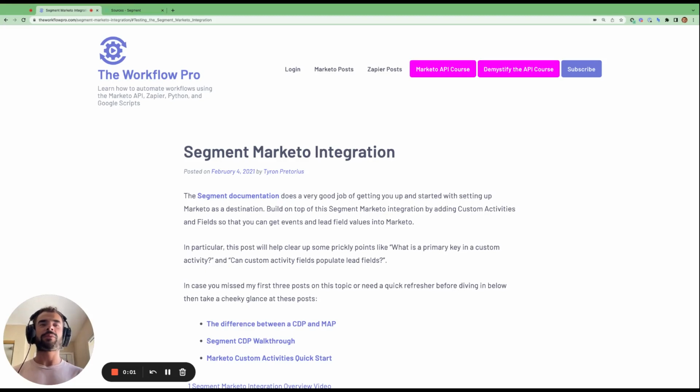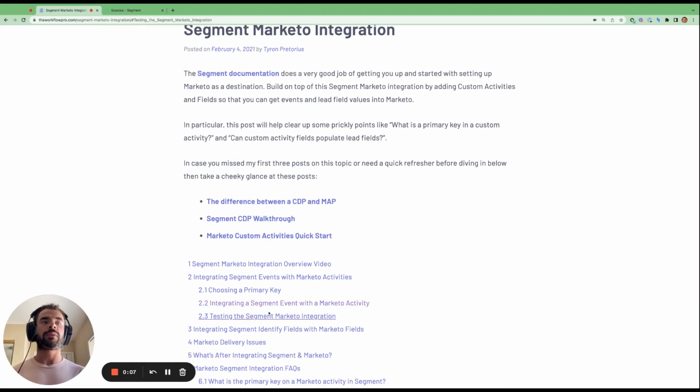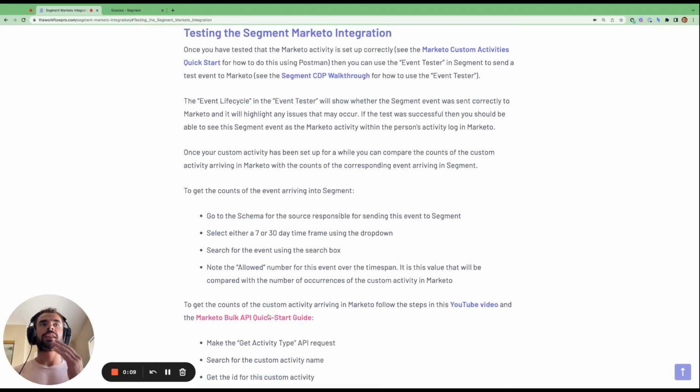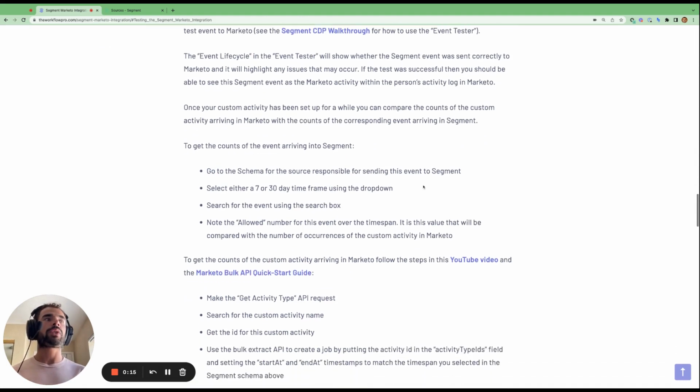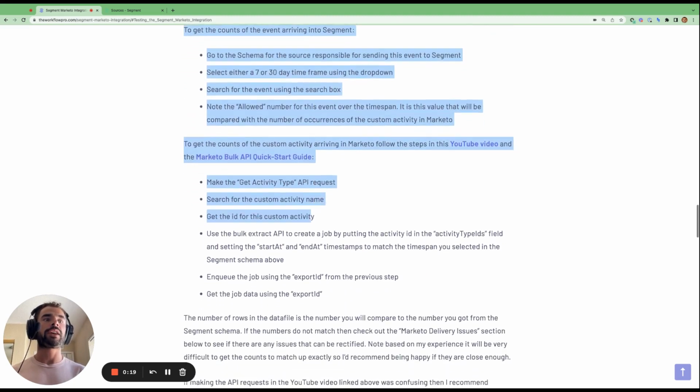Hi there, today I'm going to be going through a very specific part of your Segment Marketo integration, and in particular I'm going to show you how to test that the setup of your Marketo custom activity is correct within Segment. And the way we are going to do this is outlined in bullet point format here,